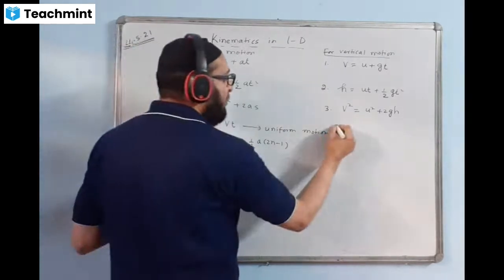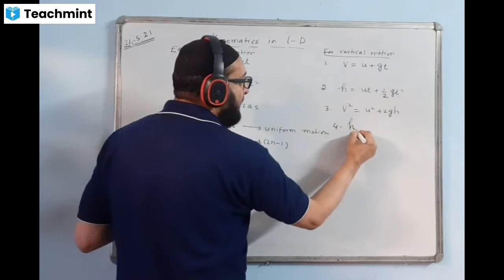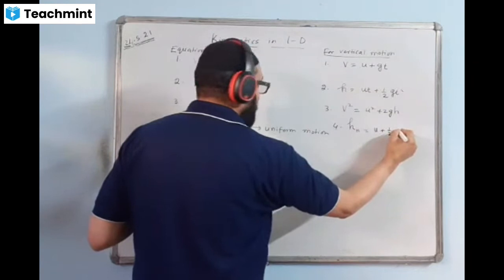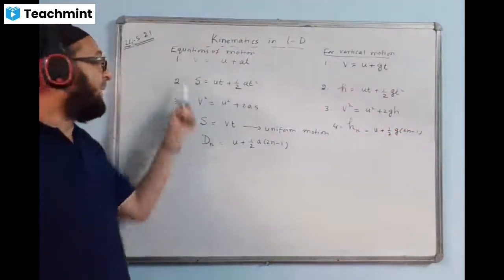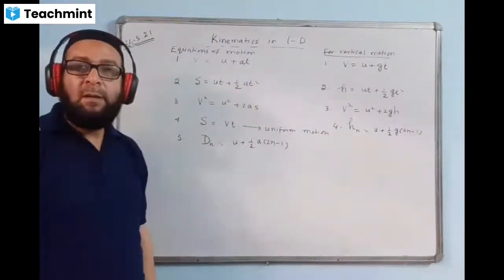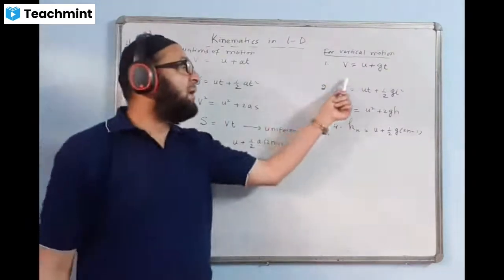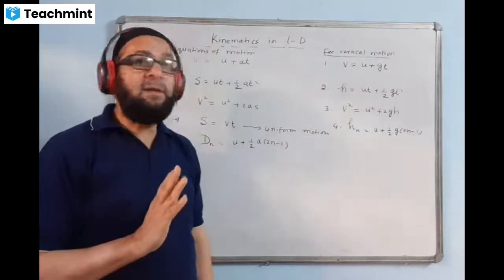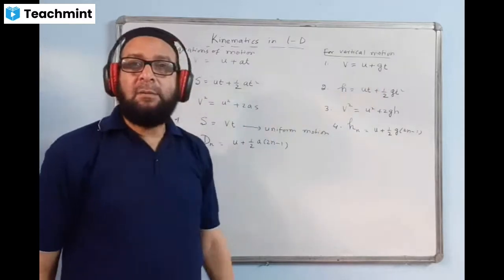Formula number 4, now this will come here. Highlighted, this is the height moved by the body in any second of time. The formula will be here: half G (2n minus 1). This formula will exist. The same formula will be modified for vertical motion. Another thing to be noted for vertical motion is that when the body moves up, it goes against gravity, that is, there will be retardation. So the G value we will be taking with the negative sign.